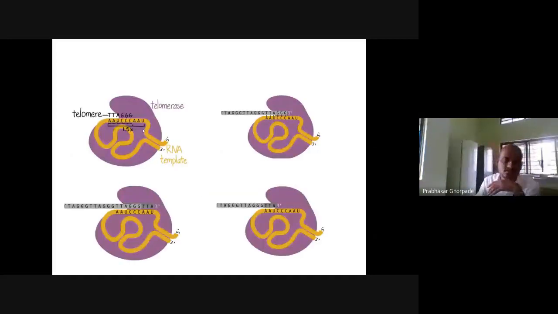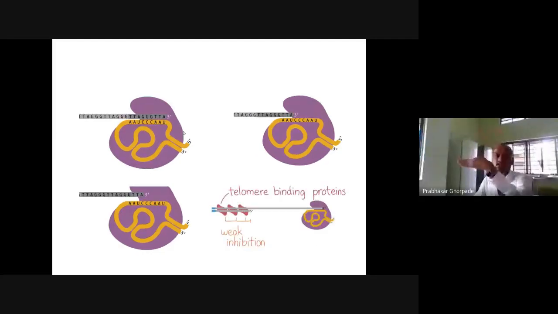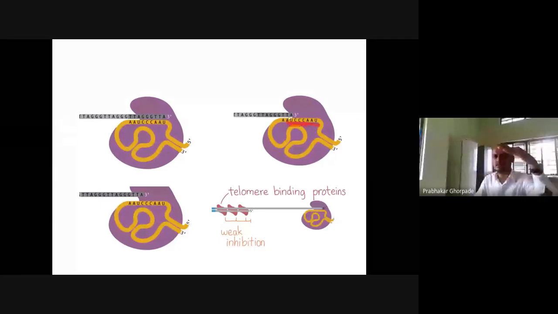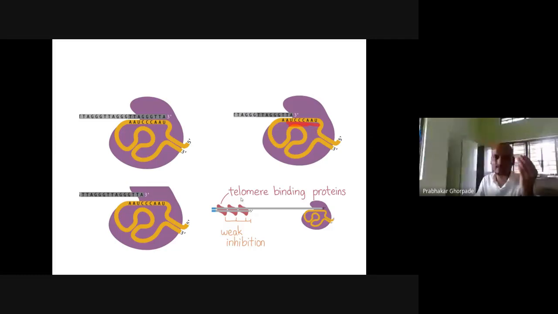So this purple one is our telomerase, and these are the telomeres being added here. Again, this sequence is there, so again it is being added here. This strand travels again further, and again adds this one. It goes on adding on this strand. It will go forward, it will add here, it will make complementary strands. Around 50 times it may happen like that, and that is how the chromosome ends get extended.